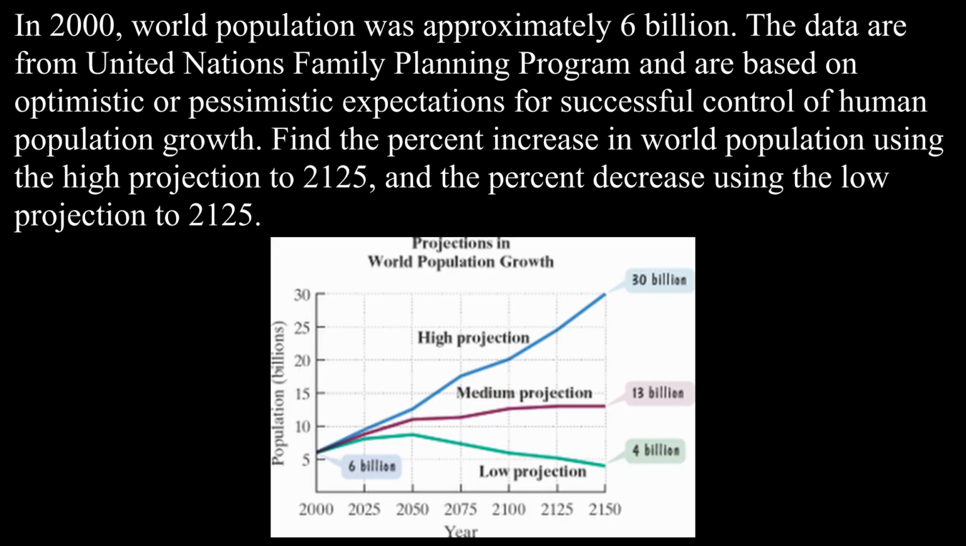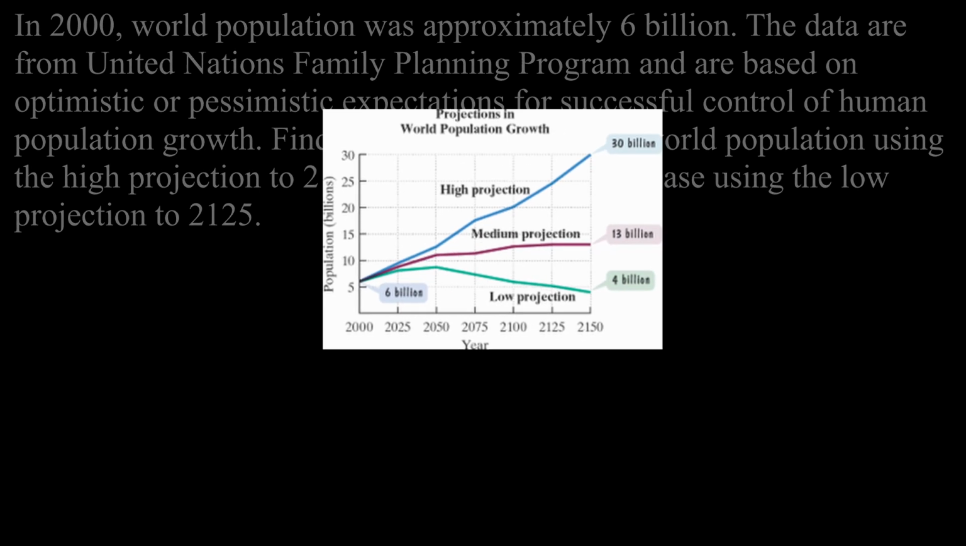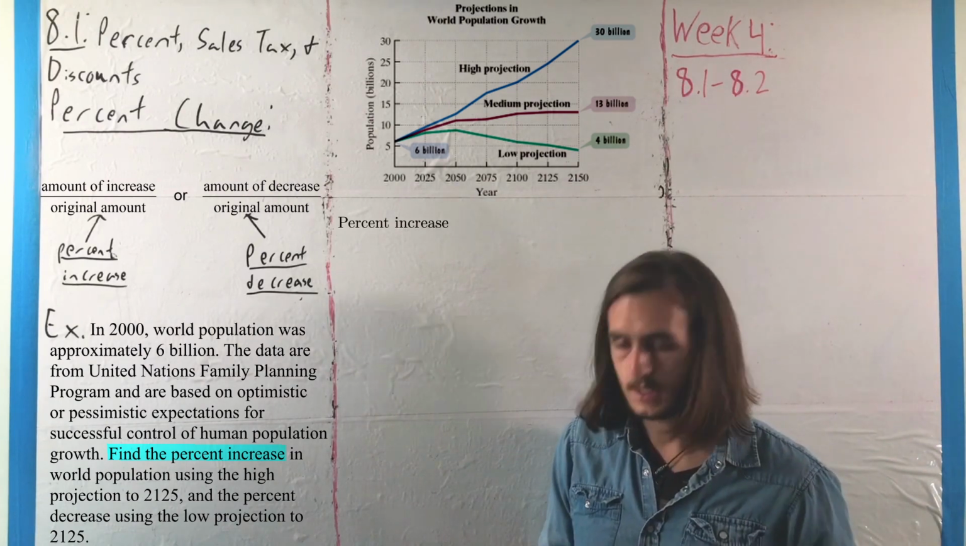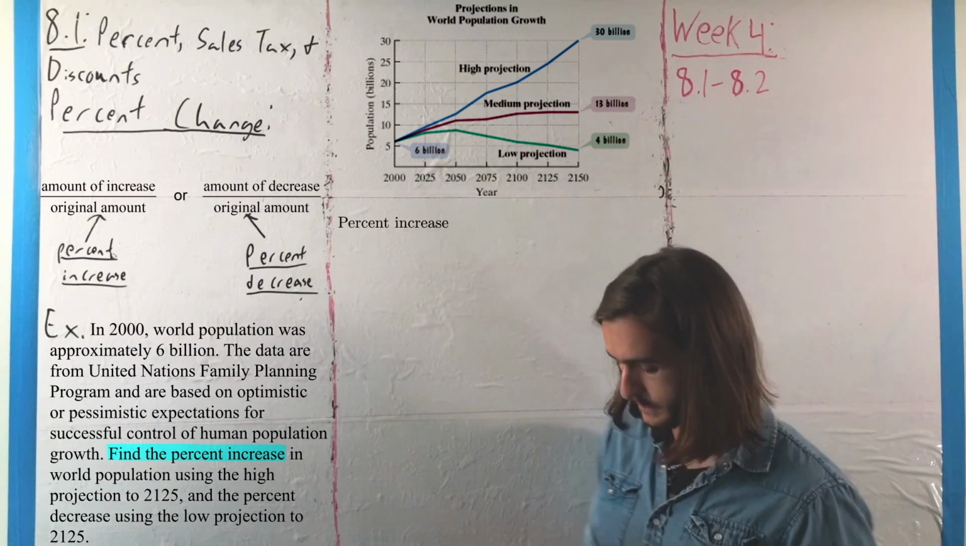So in 2000, the world population was approximately 6 billion. The data are from the United Nations Family Planning Program that are based on optimistic or pessimistic expectations for successful control of human population growth in the line graph below. Find the projection increase in the world using the high projection in 2125 and the percent decrease for the low projection of 2125. So, for the increase, what we want to do there is essentially look at the percent increase,